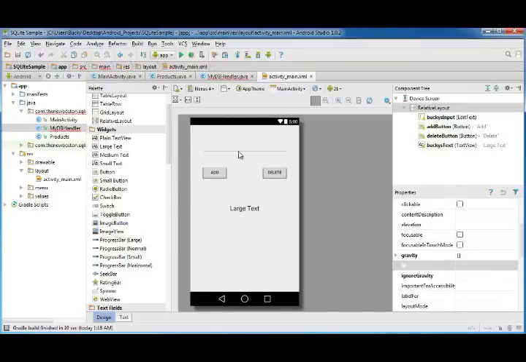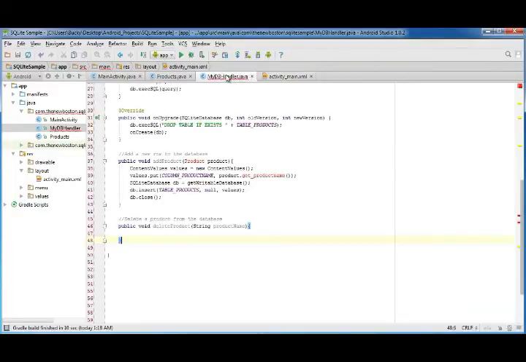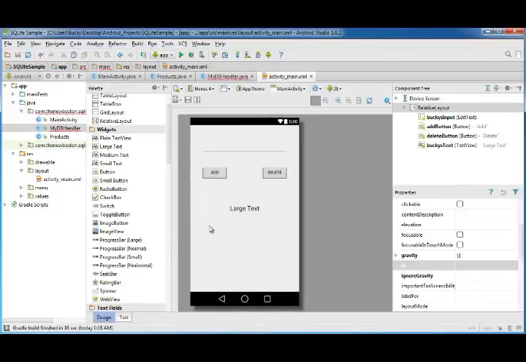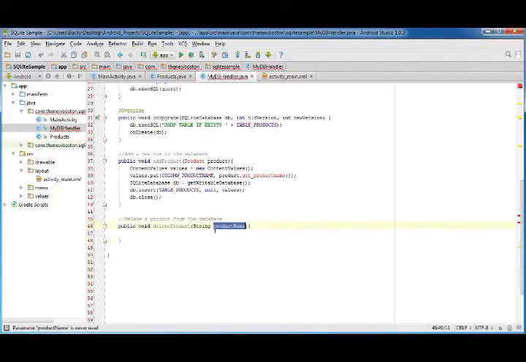Alright, so whenever, let's say that our list of products was tuna, ham, and meatball. So if they ever want to delete a product, they can just type meatball right here and click delete, and then it's going to search your table for meatball and delete any meatball instances. So again, if they ever want to add something, type the name and add it. If they ever want to delete something, type the name of the product they want to delete and hit delete. So therefore, we pass in product name, which is going to be whatever they typed in, and what we're going to do after this is first,